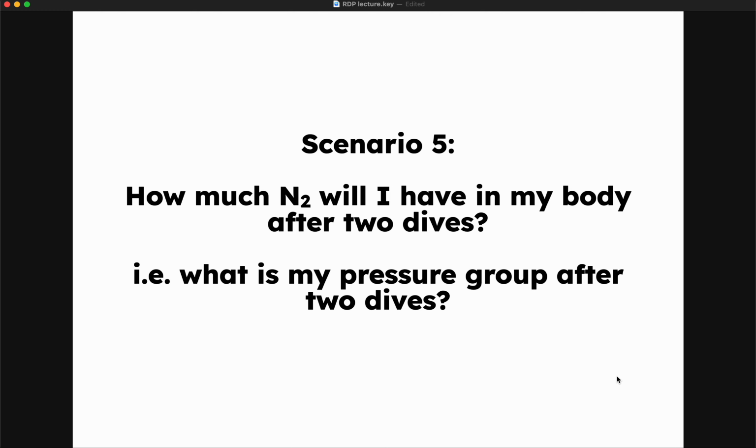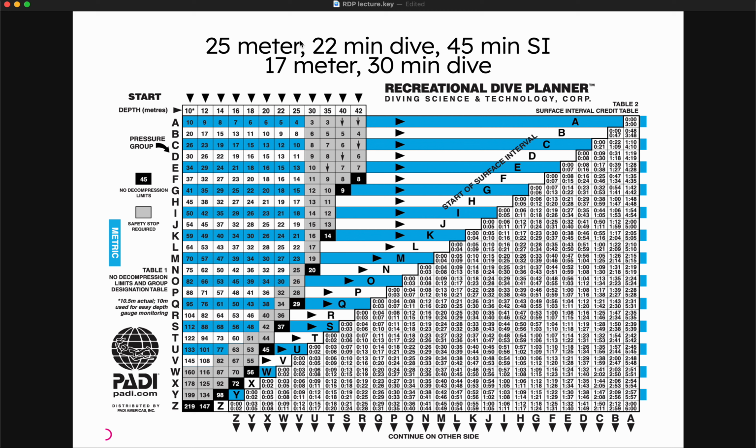Right, so here's another scenario, and you'll notice we are building on using this table. So the question here is, how much nitrogen will I have in my body after 2 dives? What is my pressure group after doing 2 dives? So here we've got a 25-meter dive for 22 minutes, and then a 45-minute surface interval, and then a 17-meter